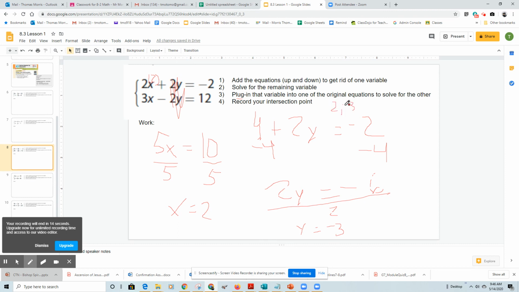I can plug these back into the second equation, and I'll see that they equal 12. 2 times 3 is 6, minus 2 times negative 3, so minus a negative 6 is the same thing as adding, equals 12. So